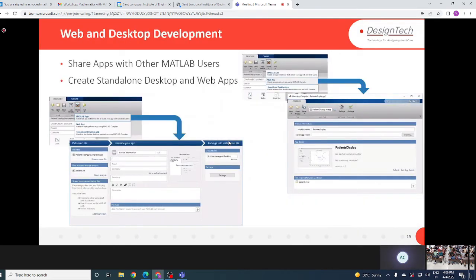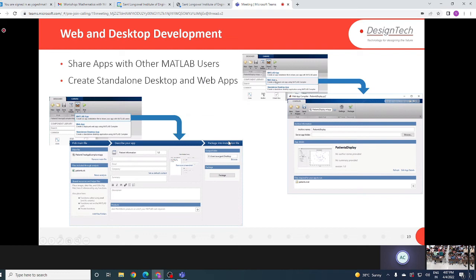Whereas we have designed those apps, we can also deploy that app as a standalone app. If you want to share your app with someone, that person need not necessarily have MATLAB. You can share the app with that person also. There are three options for how you can deploy your app. One option is to deploy it as a MATLAB app. For this, the other person you are sharing with should also have MATLAB. There is a web app option by which you can run your application, like I have designed earlier, in your